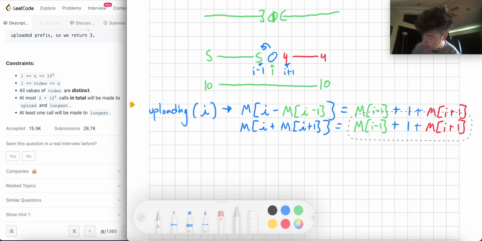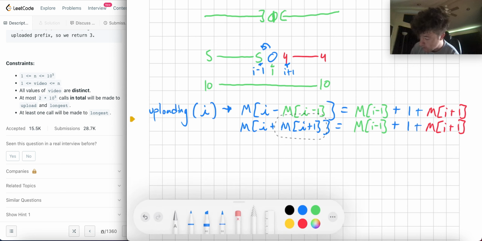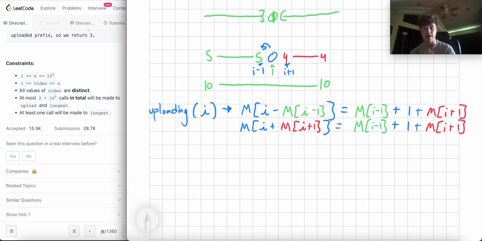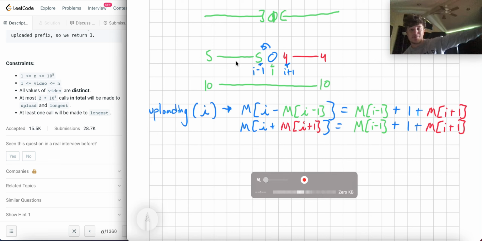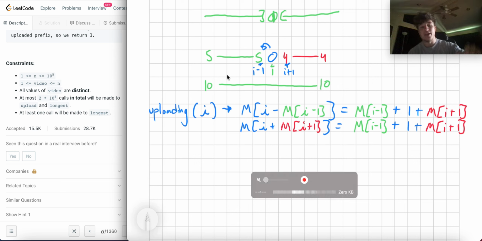Right? And then this would be the red one here. So hopefully you can see the color code of how this is supposed to work, right? If I have a component to my left and I have a component to my right, if they're disconnected, all I need to do is throw myself into that equation, right? And then I say, well, now in my new system, the left will have length 10, the right will have length 10, because I'm connecting them to each other.